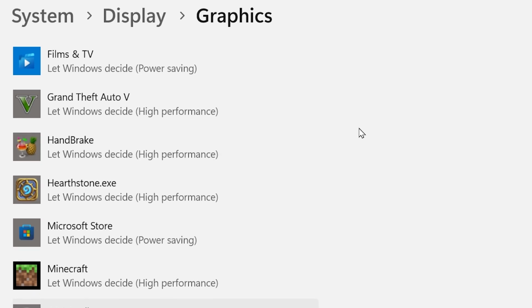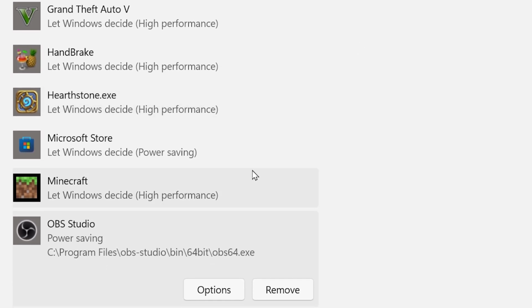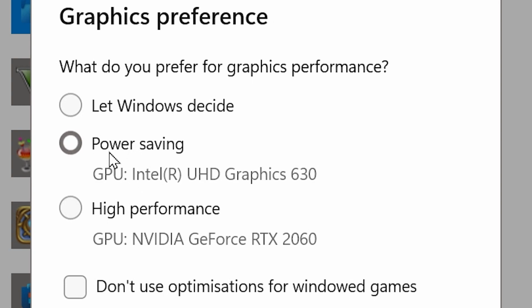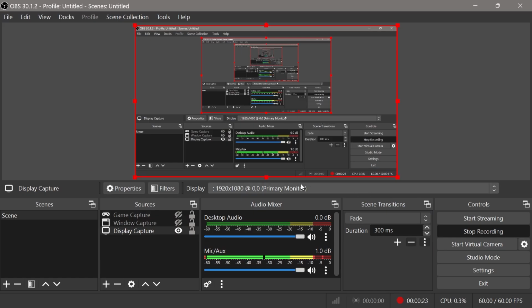Okay, this is going to be a video about OBS, how to record audio separately. Remember, of course, with OBS, if you're recording from desktop, you do power saving. If you're recording gameplay, you're doing high performance. So when you're doing a desktop, what you need to do is make sure that you've basically got two different